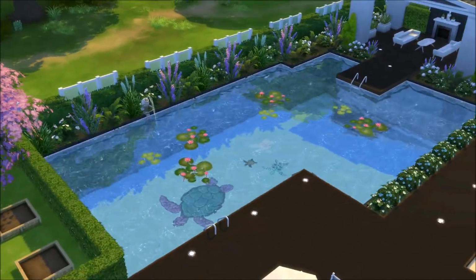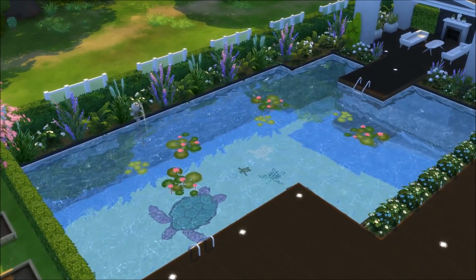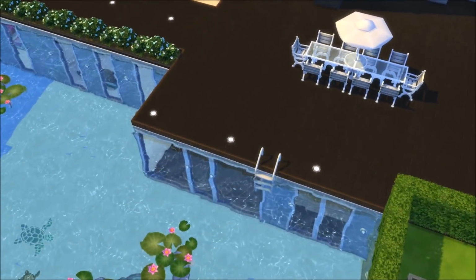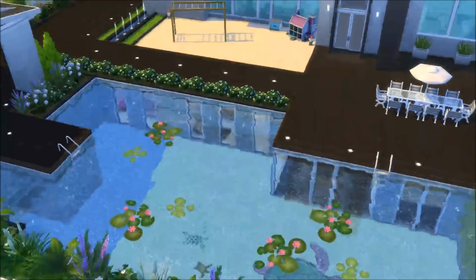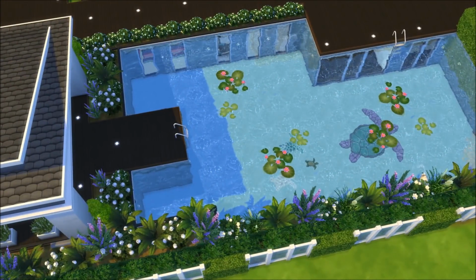So this is the swimming pool. I went for a Zen vibe. I don't know why. I'm really into the Zen at this point, and I wanted a Zen kind of vibey backyard. So that's why I also went, whoops, with these very dark looking floorboards, and then you have the lily pads going inside the swimming pool, and the swimming pool has also this very different looking shape, and then you